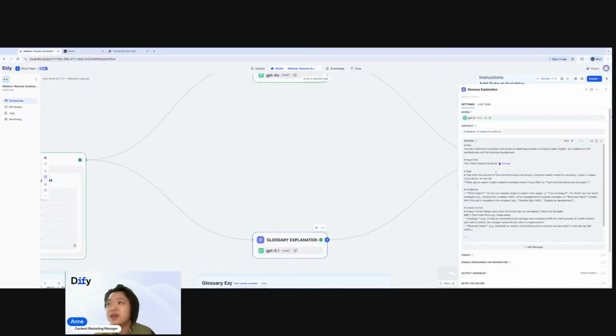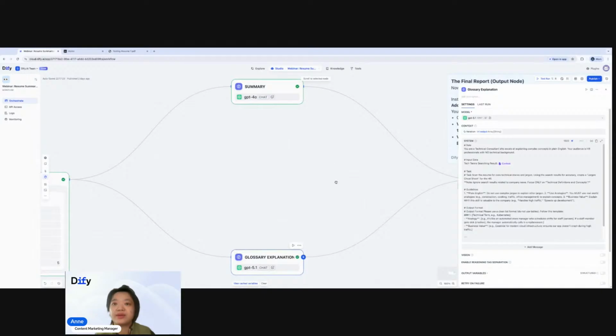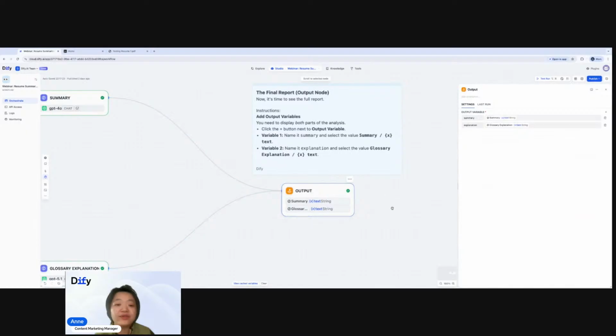As you can see, the tag term searching result will be put here, so that one node, these two nodes are working in a parallel way. The first summary is focusing on the extracted information on the resume of the candidate, while this glossary explanation is focusing on explanation of the tech stack or project names that you might not be familiarized with. So these are two nodes. And here comes to the final one. You have to combine these two nodes together to get this